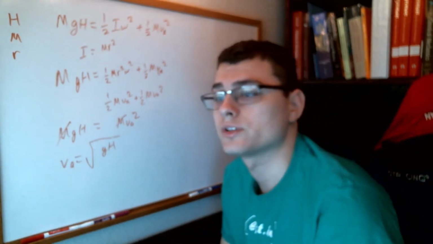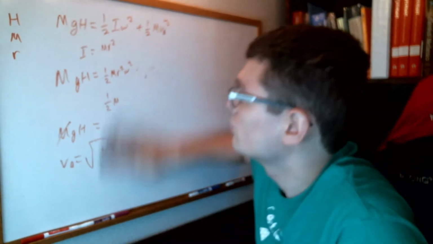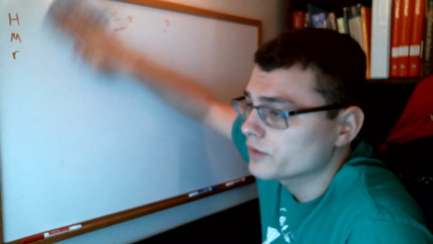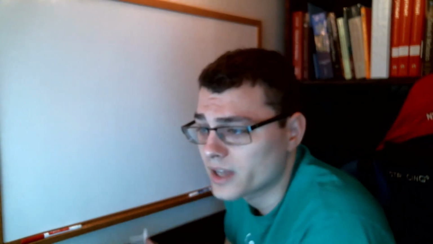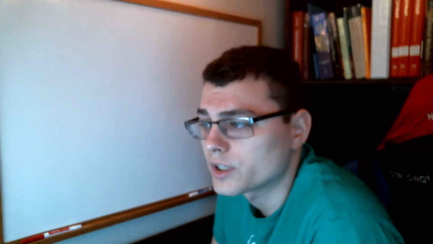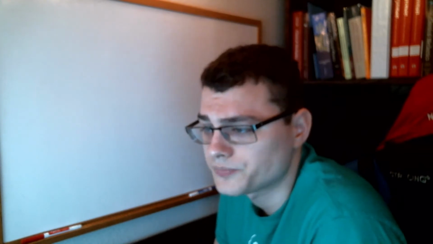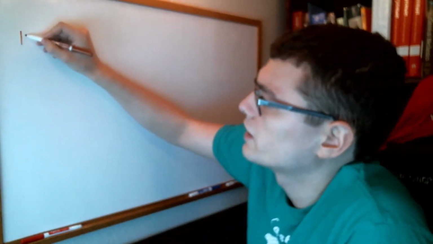Okay, so a solid sphere of mass m and radius r rolls without slipping down a rough incline that makes an angle theta with the horizontal. So what we're going to do is find the magnitude of the linear acceleration a of the sphere. We're going to have to talk about rolling friction and apply Newton's laws here. So remember